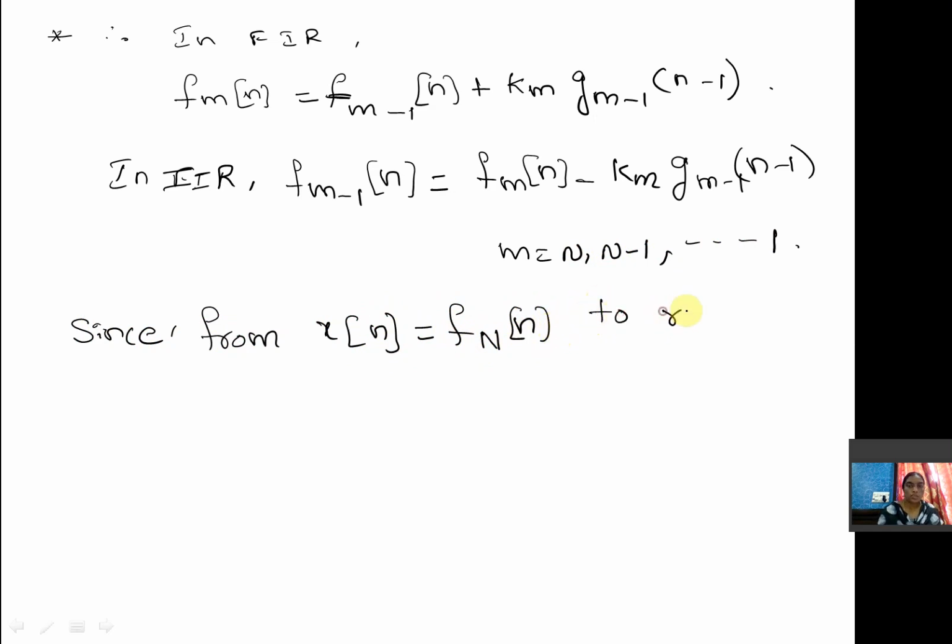To reach Y of n, what is Y of n? F naught of n. In the case of FIR, that is Fm of n or Fn of n. So to reach F naught of n from Fn of n, we should decrease the order of the polynomial, right? So that means here descending order,